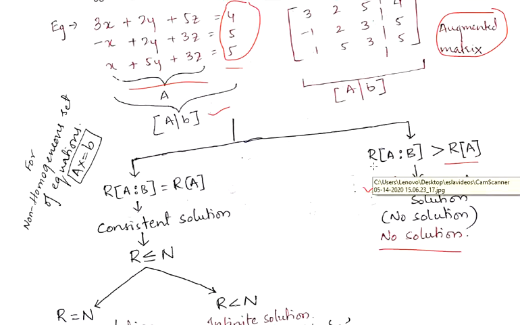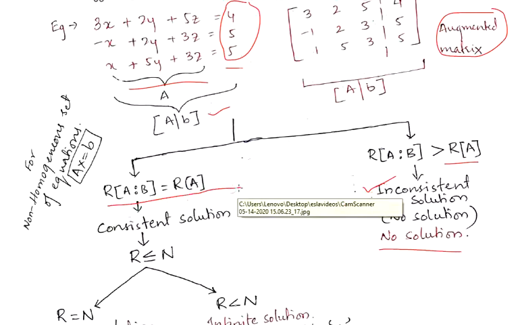What is rank? How to find the rank? You just need to do the row operations and find the unique rows or columns. Not columns, here rows. You can do it for columns also, not at all a problem, we just need to transpose it later. So the rank of the augmented matrix should be greater than the rank of matrix A, then it is considered an inconsistent solution.